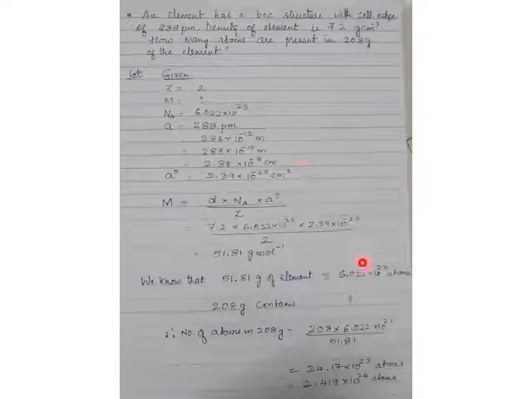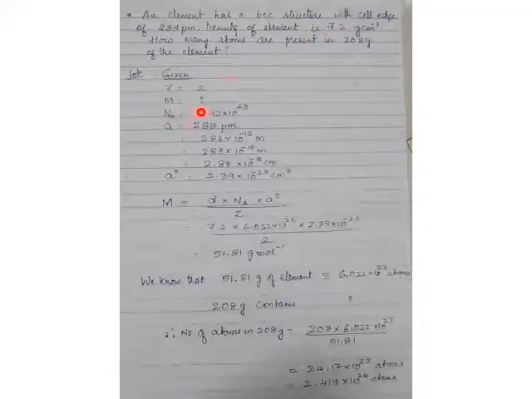Along with density, there are other terms which can also be calculated. When you go with the formula of density, you can calculate density, you can calculate molar mass, you can calculate number of atoms per unit cell, you can calculate volume, or you can calculate edge length, or even you can calculate Avogadro's number. So in this question, they have given an element has a BCC structure, means Z value is given to you. For BCC, Z value will be equal to 2.